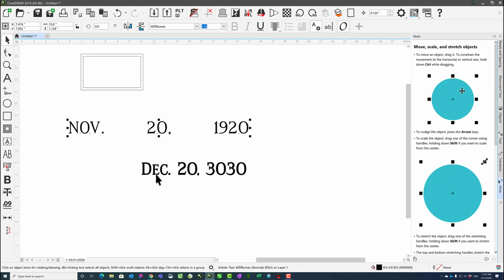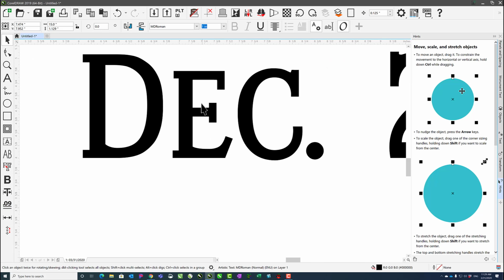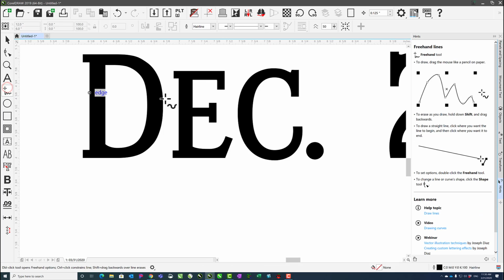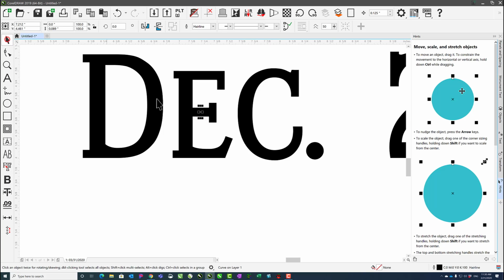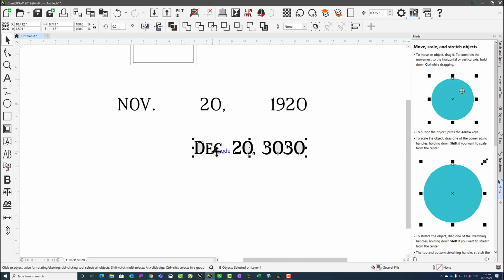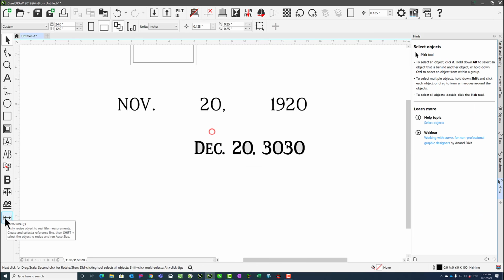Blastable lets you create a reference line. Let's say you wanted to make sure this portion of whatever you had was a set size. You can draw a line from here to here. Holding Shift, click on the piece that you want to change, and then hit Blastable, and it would go and make sure that that's 0.09 inches. Auto size lets you